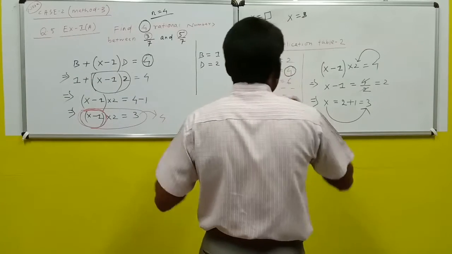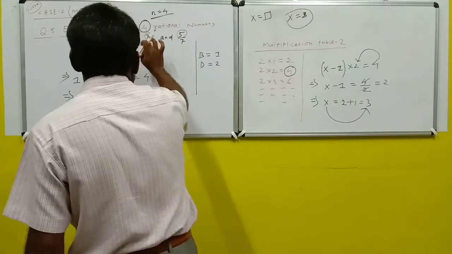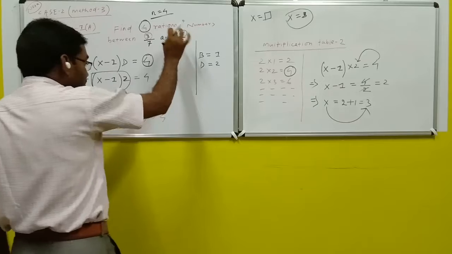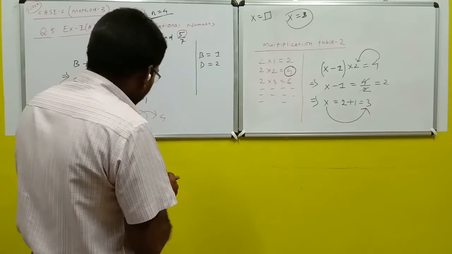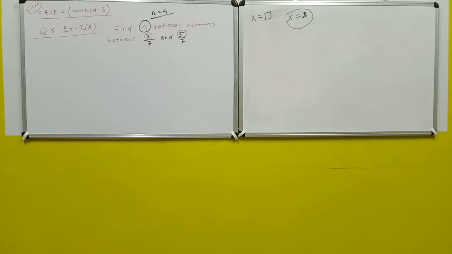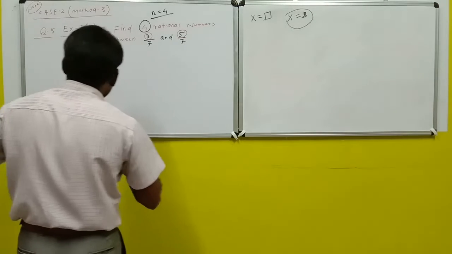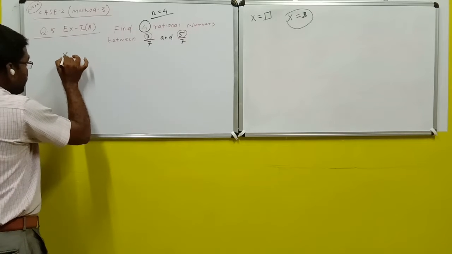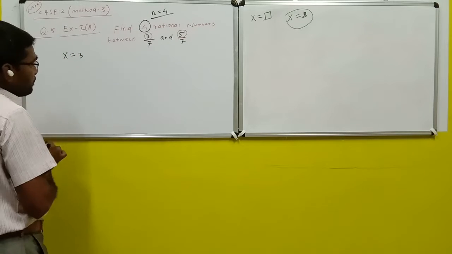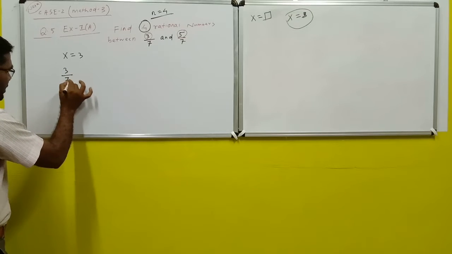It means you have already found out that suitable number to be multiplied by the numerator and denominator of this rational number and also this rational number. So now proceed. First note. So students, you have already found out the value of x, that is 3. So now write the two rational numbers 3 by 7 and 5 by 7.